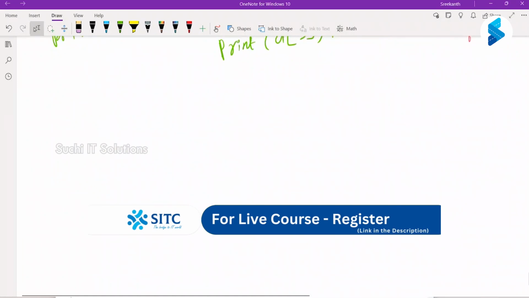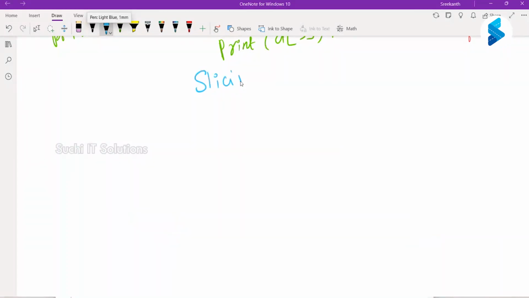Okay. Now this is about indexing. And the next concept that we want to learn is slicing. Slicing also has its own syntax. For example, just like indexing, if I want to know what is the character at index 4,